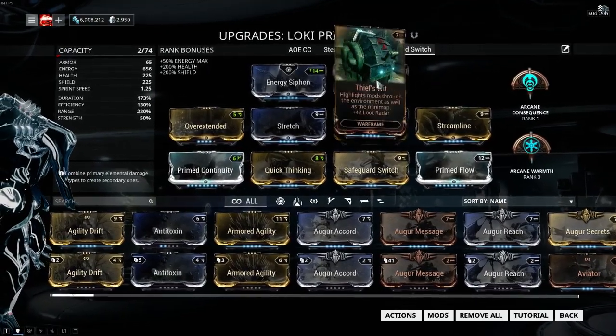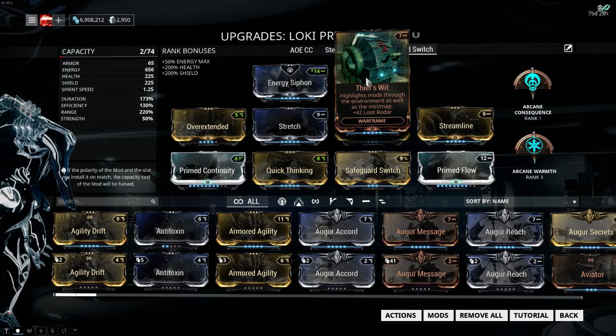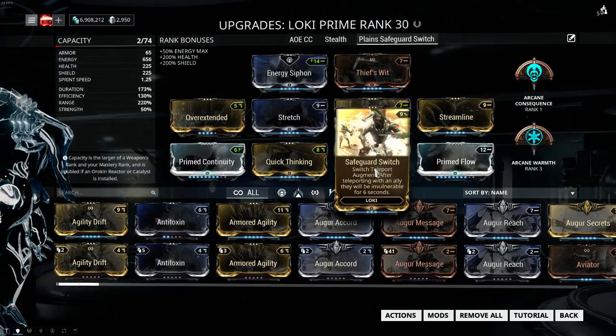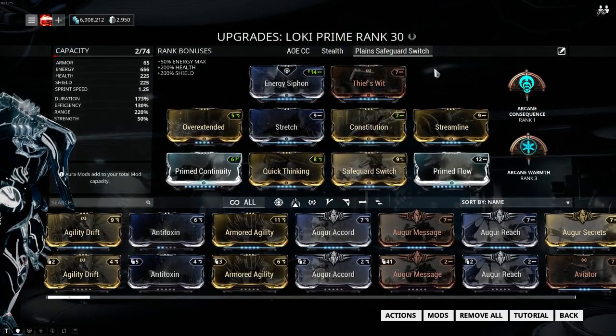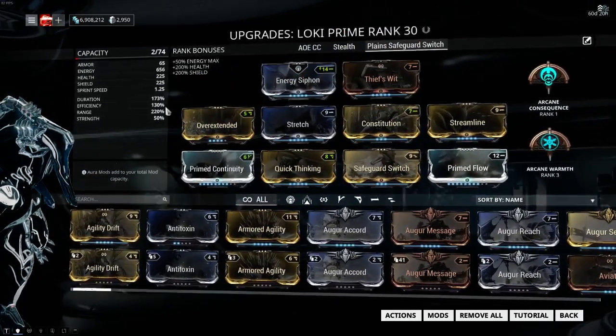I have Thief's Wit. This makes finding the caches a lot easier because they do show up as loot on your radar. And then I have Safeguard Switch. This is for the drone. You can Safeguard Switch the drone if you have Safeguard Switch equipped, so you can get it towards its objective quicker. And then the last thing is we just don't want to tank our duration too bad,